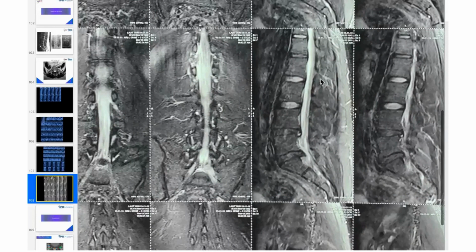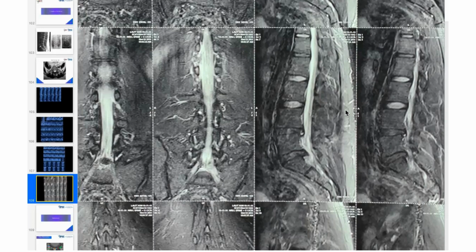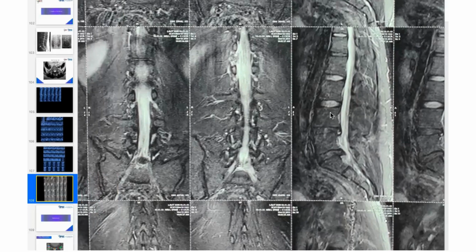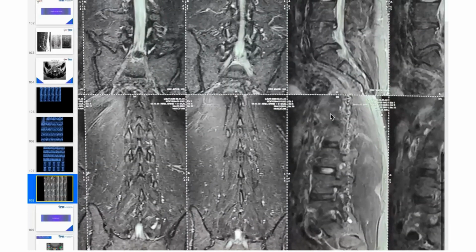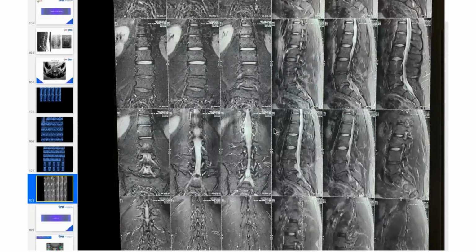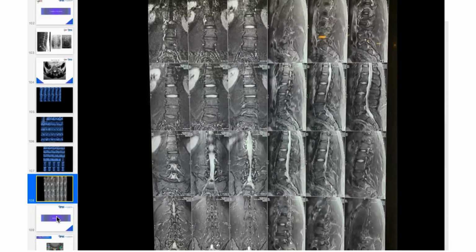What sequences did you say? T2 and other, what else? It's a fat suppress. You can see the fat suppress, right? You can't see the fat. This is suppressed. Fat is suppressed over here. Look at the bones, they become dark. Understood? So that is the importance of seeing all the sections, sagittal sections, coronal sections, and axial